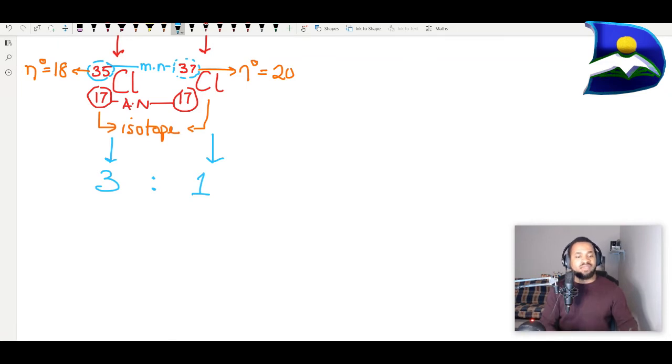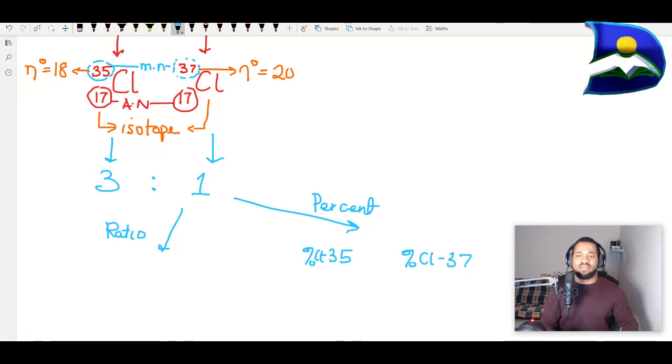So in this case, using ratio is one method to determine our answer compared to the other method, which involves using percent. I would recommend trying both of them for any isotopes that you might be given, and we're going to go from there. First off, let's start with percent, because percent gives us a long way to get to our answer. When you look at the percent of chlorine 35 versus the percent for chlorine 37,